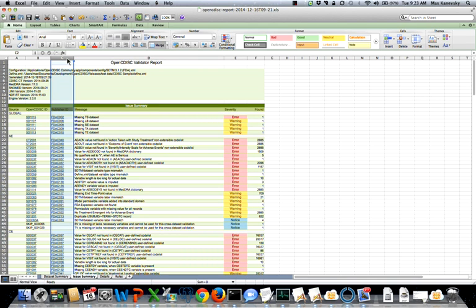And if you notice, the FDA validation rules, they have published them with their own rule IDs, which is what we refer to as publisher ID. So in order to make it easier for you,